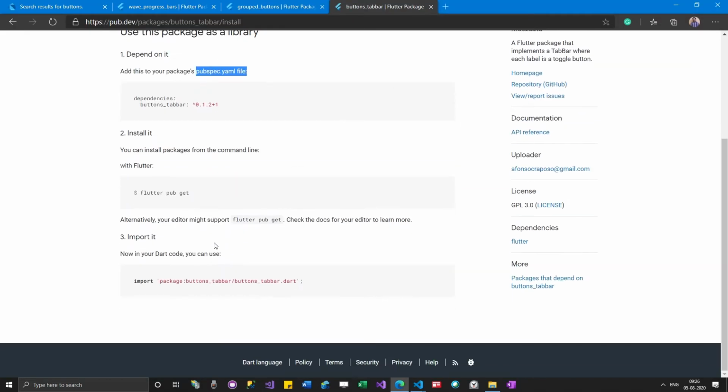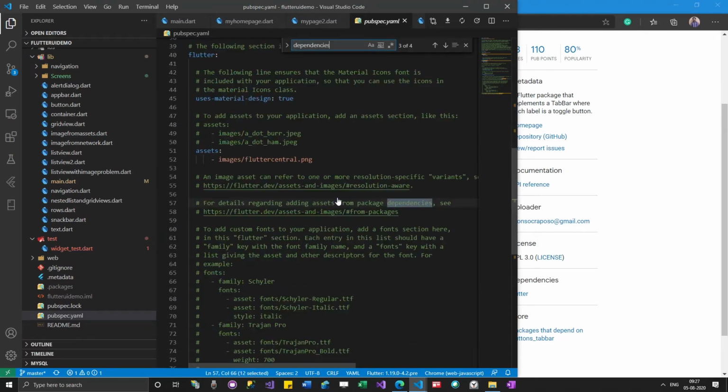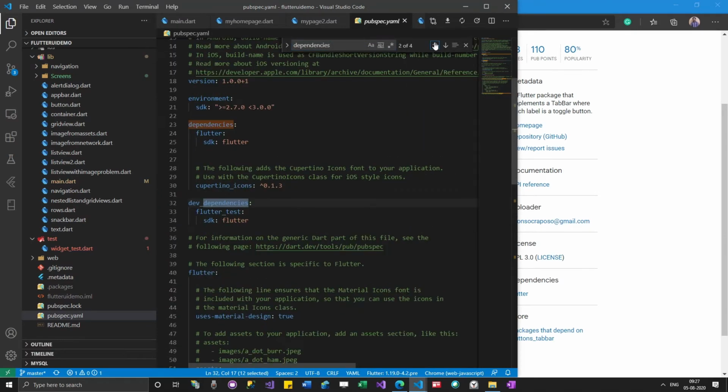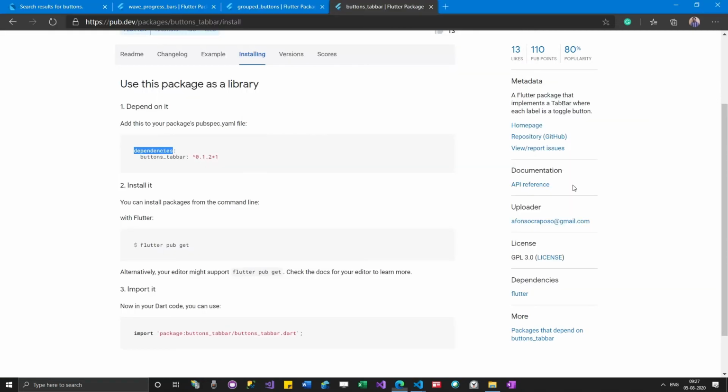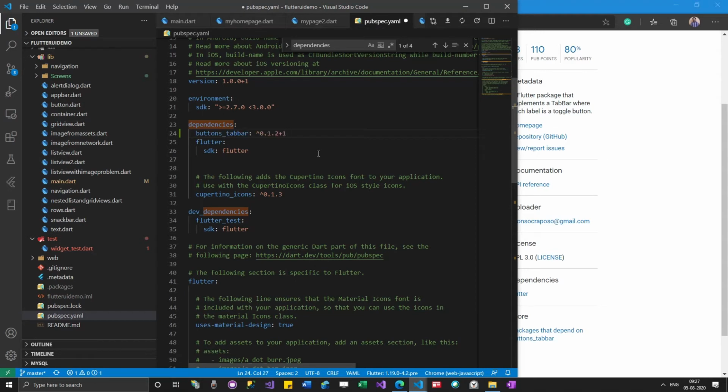What he's saying is copy this code, like add buttons bar, tab bar and some numbers, in your dependencies. Let me find where the dependencies are. Here I got dependencies, and I'll just copy and paste it here.